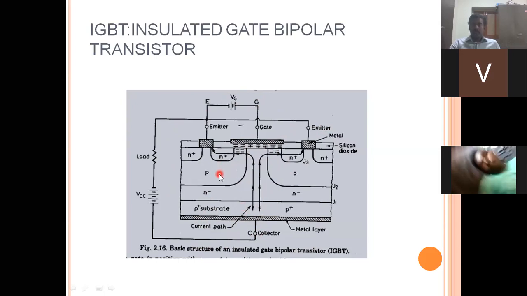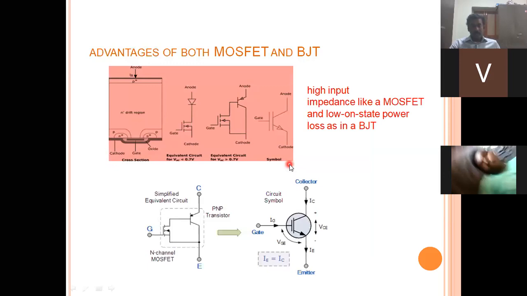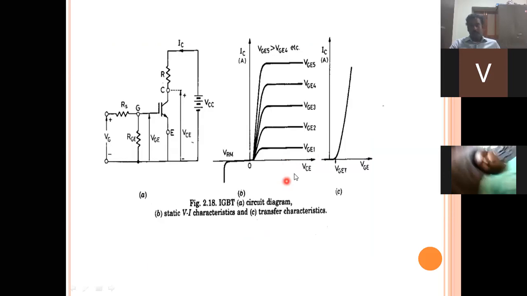So the structure of the IGBT is going to be like this, and you are going to have different packages and specifications for these IGBTs also. The characteristics are going to be the same. Between the voltage applied between the collector and the emitter and the current which is going to be passed, if the voltage is increasing, the current is going to be increasing depending upon the gate emitter voltage magnitude, same as in the case of the MOSFET.